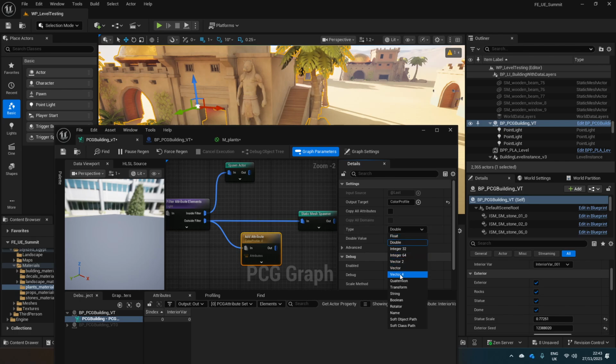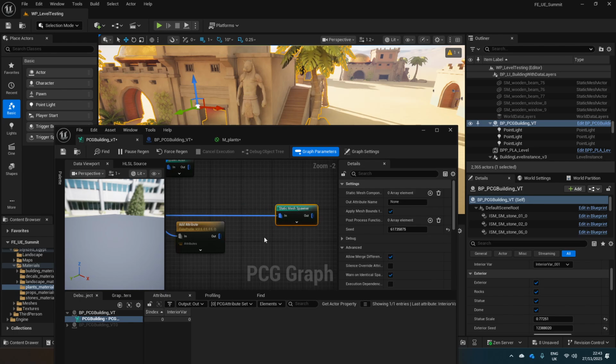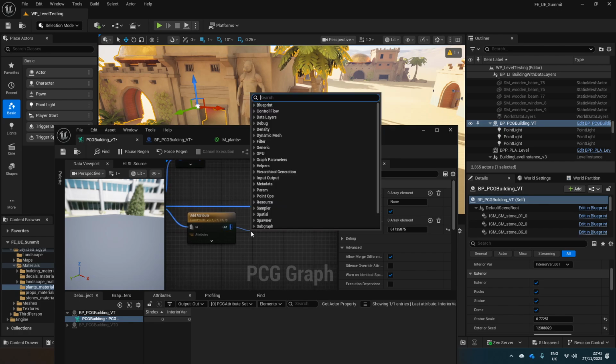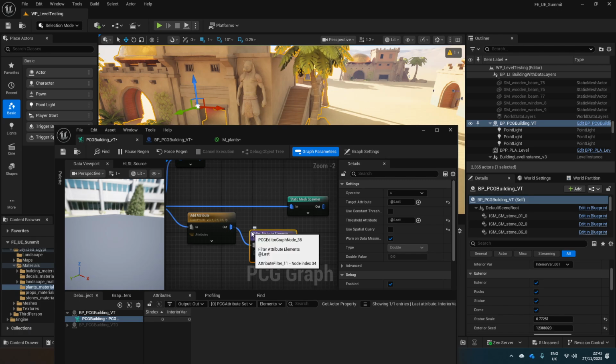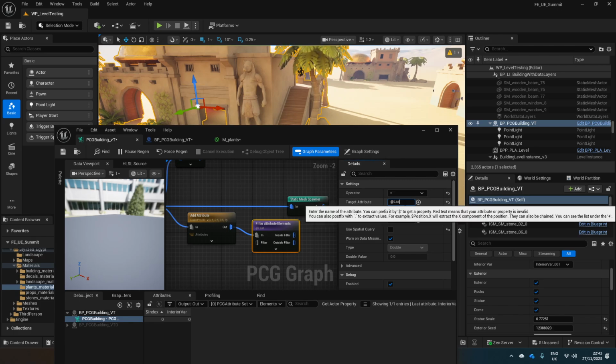and the type we want is vector4, and we're going to have this be 0.5, 0.5, 0.5. It's going to match the blend over here, so it's not going to break anything. Okay, so that color profile is going to be added as an attribute, and then we're going to filter attribute elements, and we're going to filter by, again, like a target attribute, tint trees,